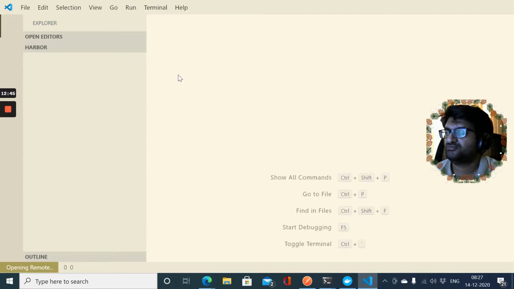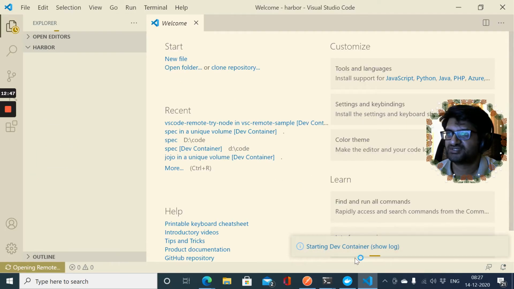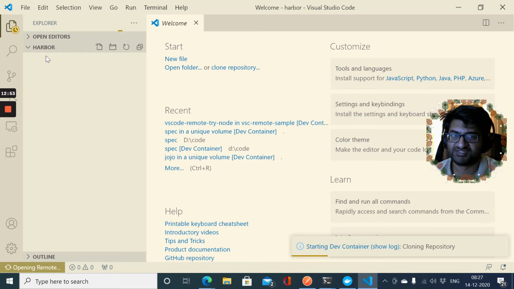Create a unique volume, and the moment I do this, it's going to set up Harbor, which is a CNCF project for registry management. It's a registry basically for containers. So you can actually work on a project that is a registry for containers from within a container, and you can do all of that from your Windows machine, and you can auto scale it if needed with Kubernetes on Windows. So that's pretty amazing.